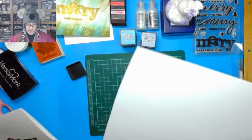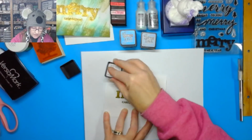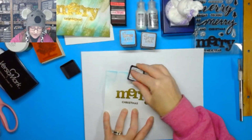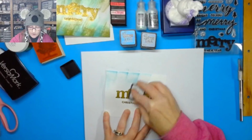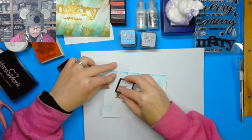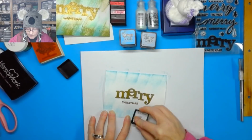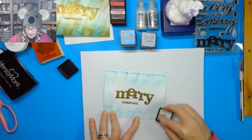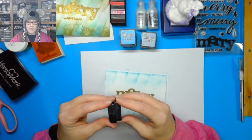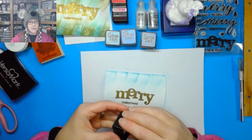I'm going to put this underneath it too so I can just swipe and not have to worry about that getting on my desk. Yep, so this one is a little bit dry, and that's okay because this is my lightest one. I'm just going to keep swiping it out because that's going to get mostly covered up. And then swipe from the bottom. And you can swipe in whatever direction you want, pushing a little bit harder because this one's super dry. Like I said, I haven't used this one in quite some time, so...